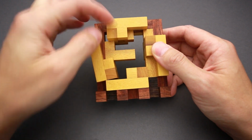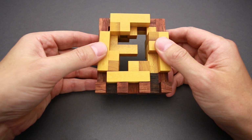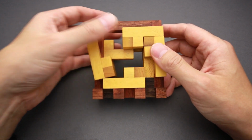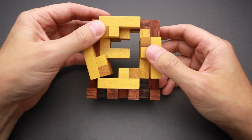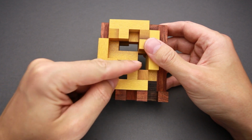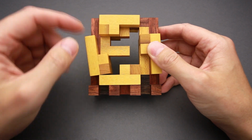There are some sticking out parts there, and you have to figure out the way how to remove all these 4 exactly the same pieces from the frame. And if you take a closer look, you will find that there is only one place inside this frame where you can remove the part. It's right here on the bottom, but you have to reorganize all the parts in such a way that you can remove all of them through